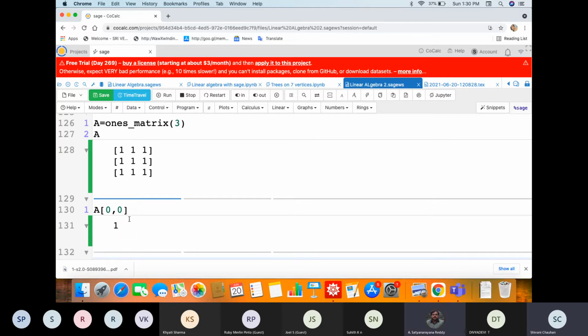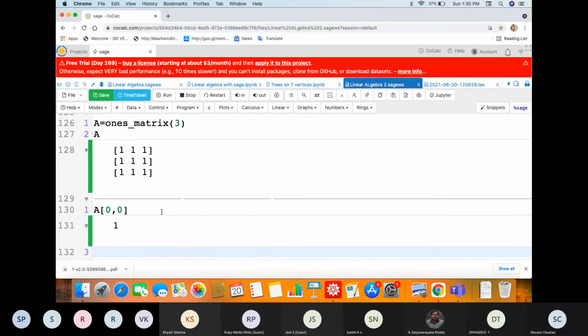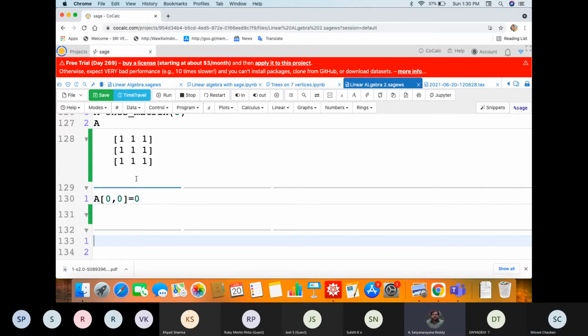Now can you make it A00 equal to 0? Right. So now enter it. What happens? Now can you type A?